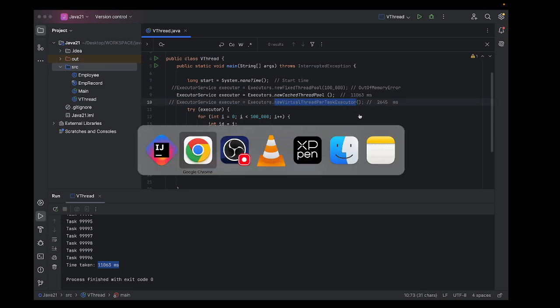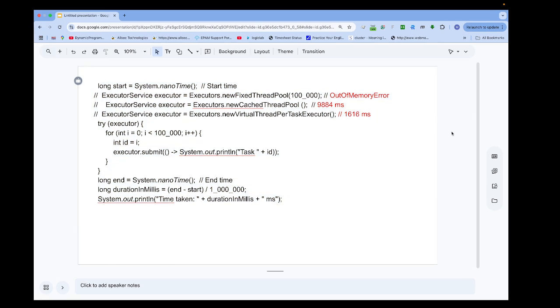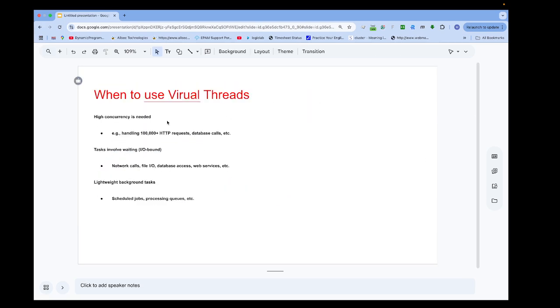So that's why, suppose if we have, you see here, more than 100,000 plus HTTP requests or database calls or